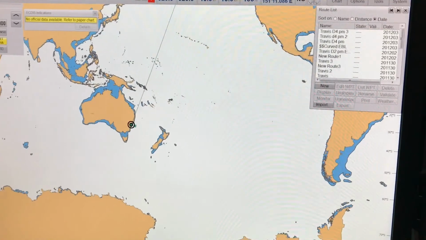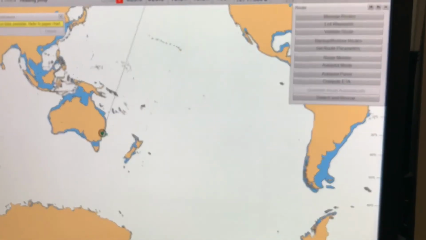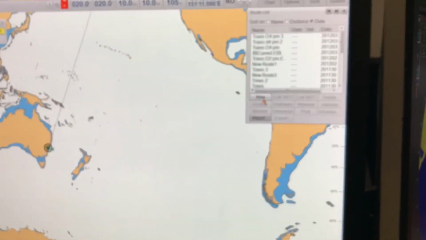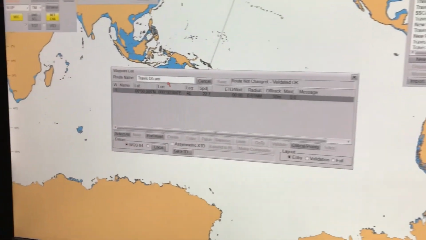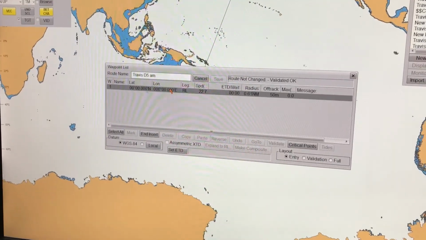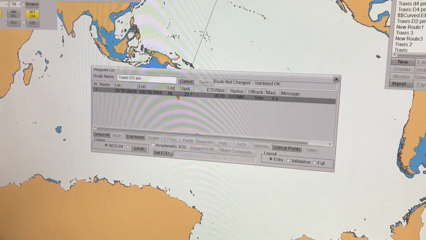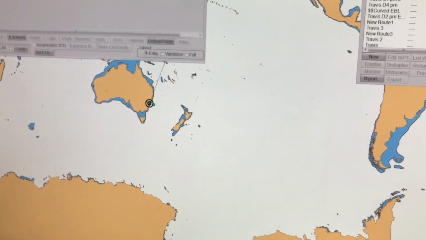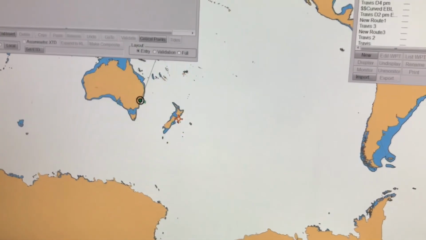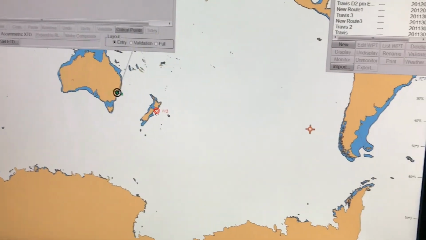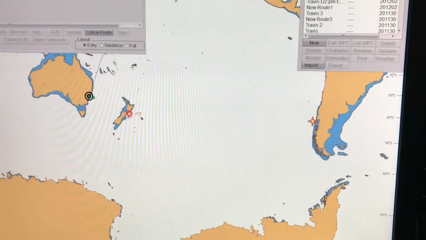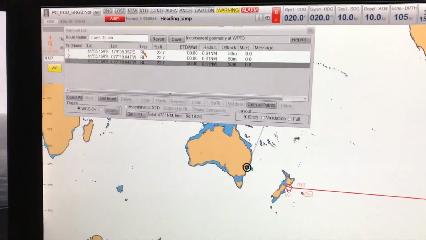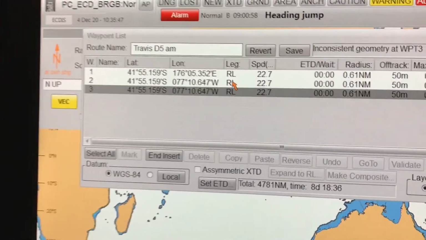So now let me show you how to get the rhumb line and the great circle course and distance between two positions. You can just go into an existing route or create a new route. I'll create a new route. I'll select the port of Wellington in New Zealand and go from Wellington to a port in Argentina in South America. As soon as I draw the two waypoints, the route table instantly gives me the rhumb line course and distance between the two waypoints.